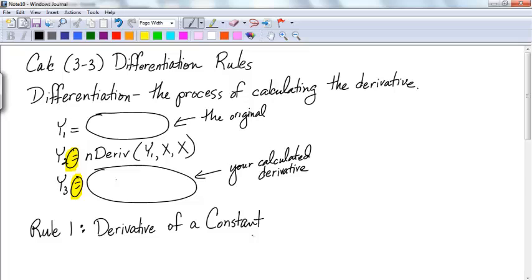If I said I want you to graph a constant like y equals 5. Okay, if I said graph y equals 5, what type of a line is that going to graph? Horizontal. Okay, now tell me, what's the slope of any horizontal line? 0. You already know the derivative of a constant. Okay, so if c is a constant,